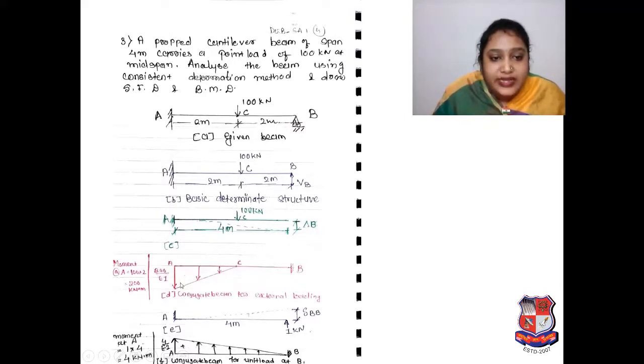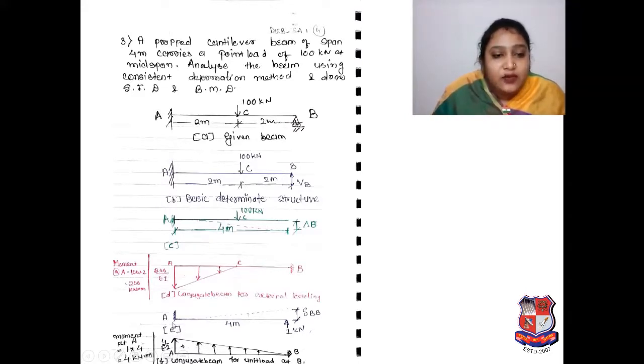in downward direction, and as moment is concerned, your moment at A is equal to 100 into 2. Okay, 100 into 2 means 200 kilonewton meter. It is your M upon EI diagram, means moment upon EI means 200 upon EI. So your conjugate beam for external loading is here, it is your M upon EI diagram, right?